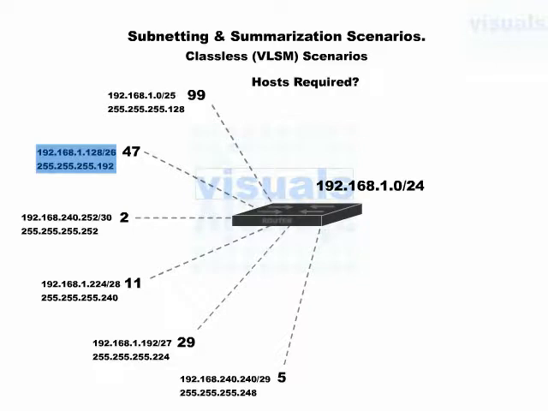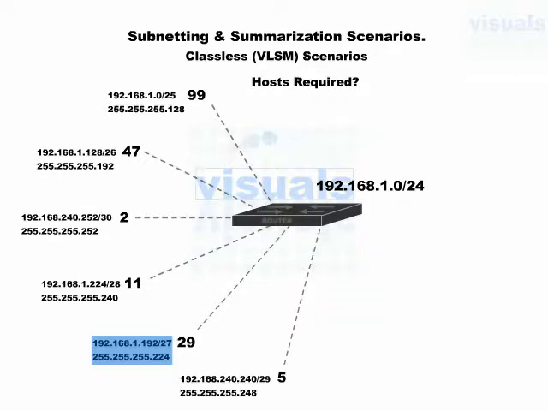Now this network's valid hosts are from 192.168.1.129 to 192.168.1.190. Actually yes, 190 here. So 192.168.1.191 is our broadcast address for this range. Let's move further. Here it is. This is the next network. It gives the subnet mask of 255.255.255.224. The valid host range for this network is